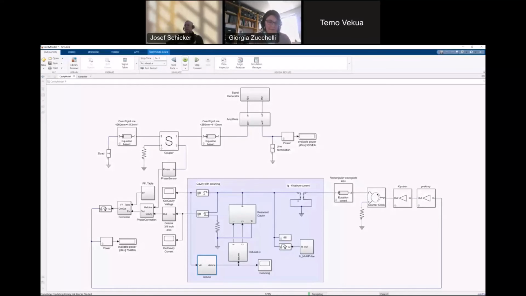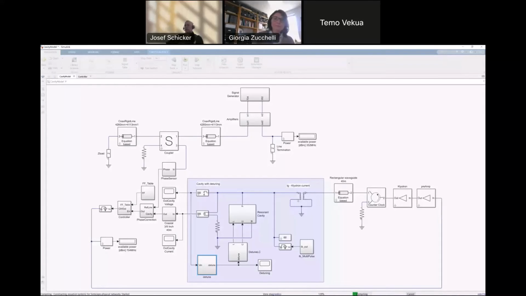With pen and paper, you have to make certain assumptions, like the system behaving linearly, for example. It's really hard to predict what happens if I start injecting pulses into my cavity, or if there is a disturbance, or a nonlinearity, for example, coming in from the klystron.